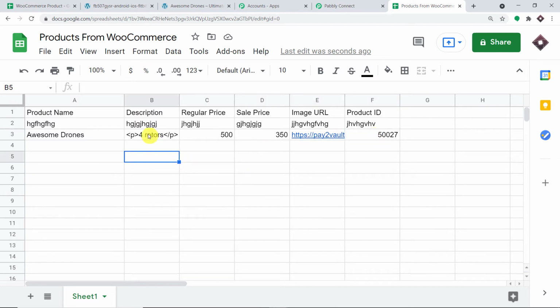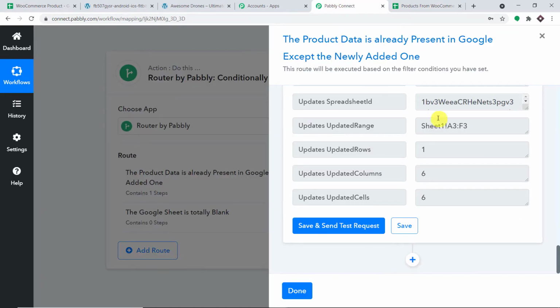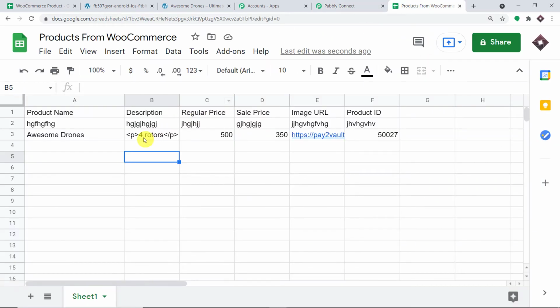Excellent. Now, what I'm going to do here is I actually really want to delete this row, and after fixing the description part, I'm going to re-enter it. But instead of deleting, because I'm going to delete all of this anyway, I will delete that later. So what I'm going to do here is fix this part. I don't want the HTML part, and this is how you do it.